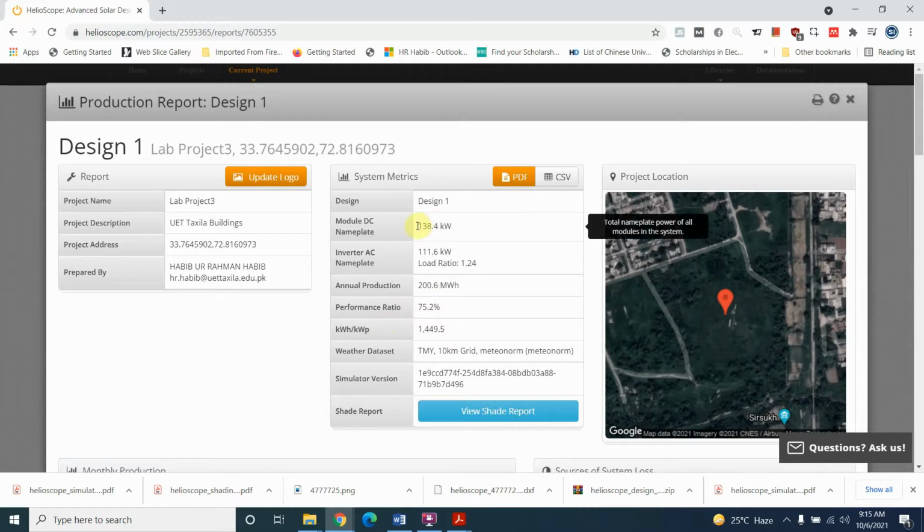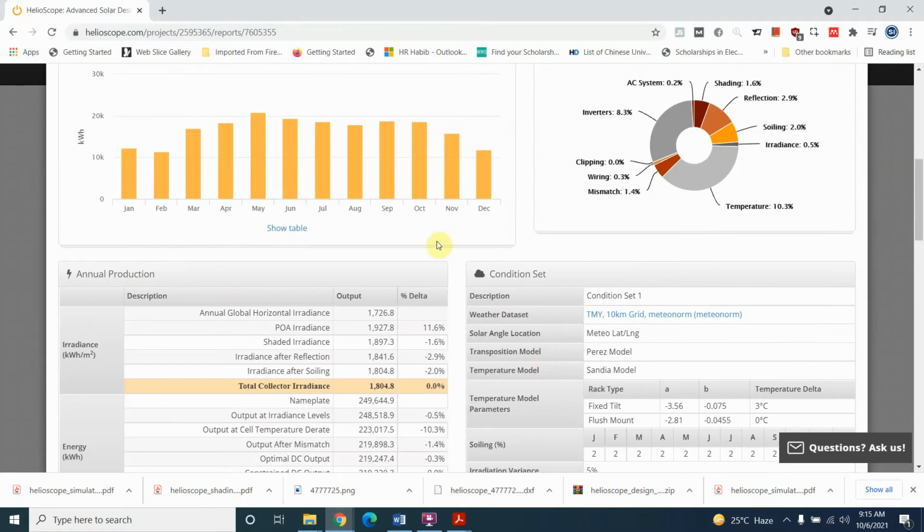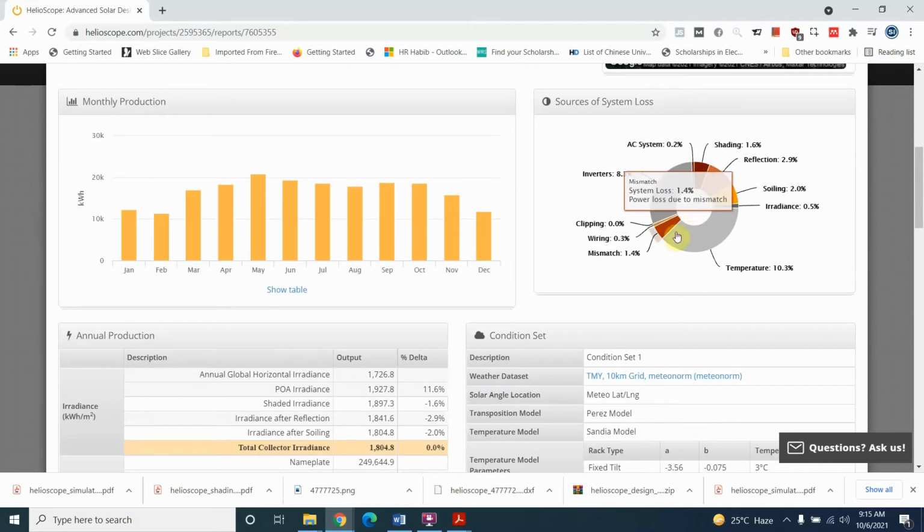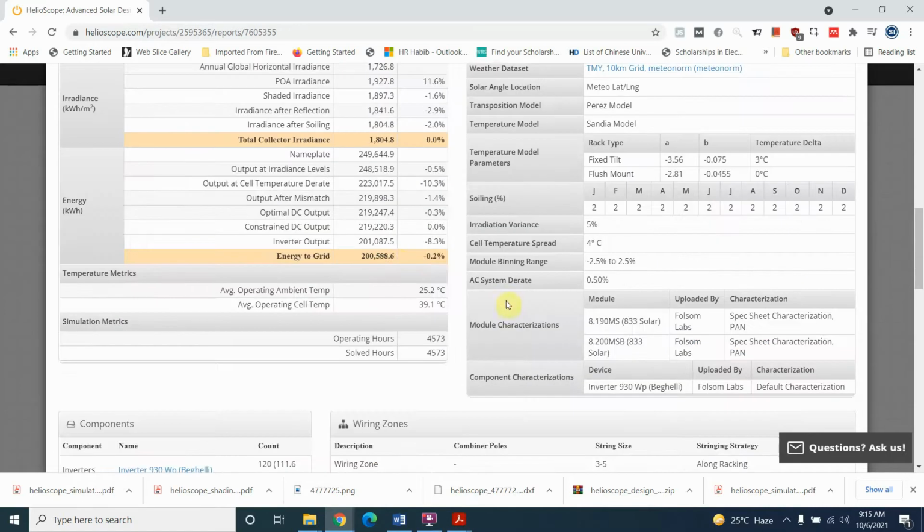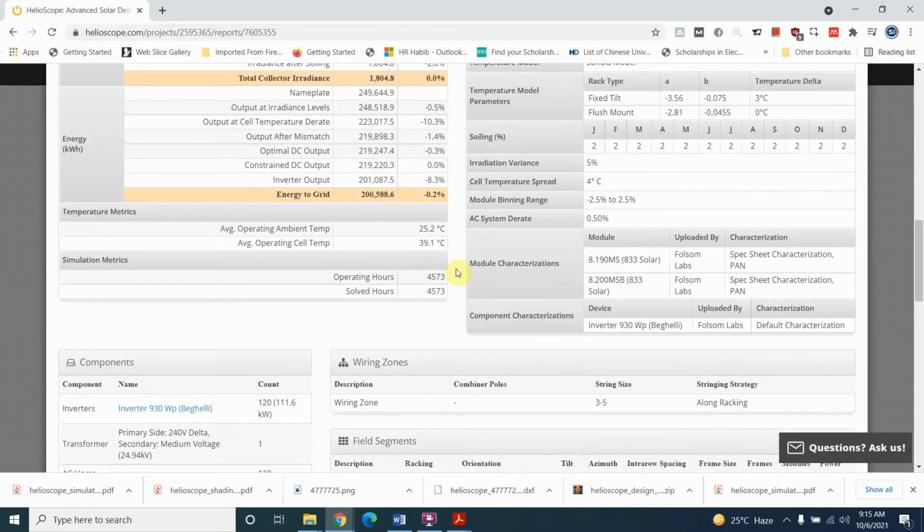Performance ratio, this one is okay. Module DC nameplate is 138 kilowatt module, and total units for every month is given. You can see in May we have produced the maximum units, and the sources of system loss, how much losses due to shading, 1.6%, and maximum is the temperature losses also, irradiance. So these are different sources of the losses you can see here, and